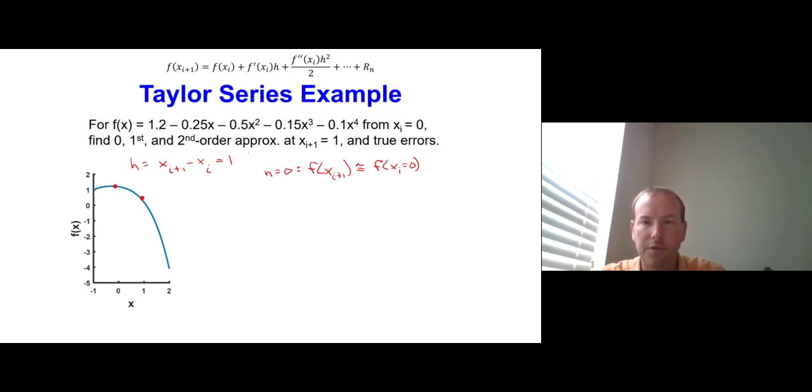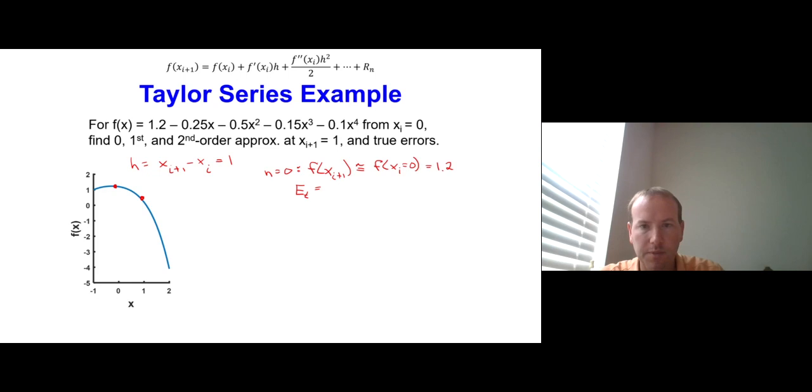Okay, and so if you plug in xi equals 0 into here, this term and these terms will go to 0, but we're just left with a 1.2. And so that means that our zero order approximation is 1.2. And so then the true error involved in this, the true error is the difference between the